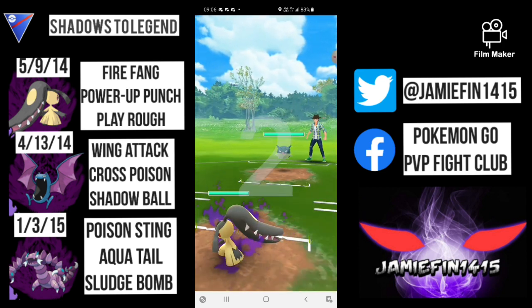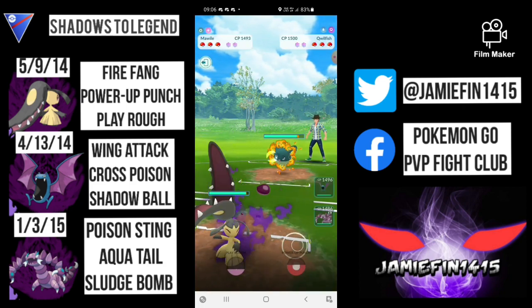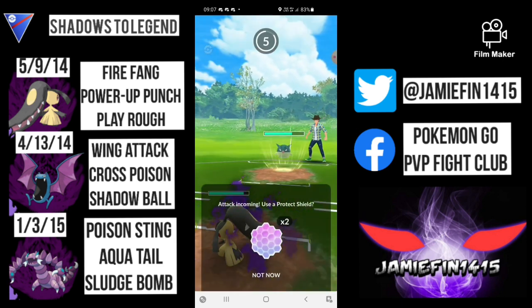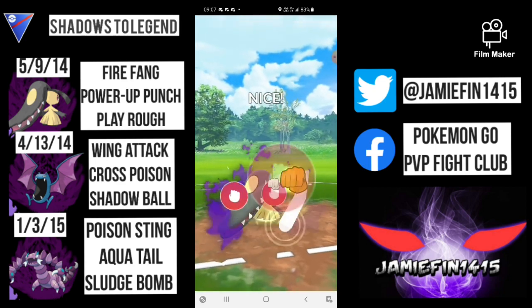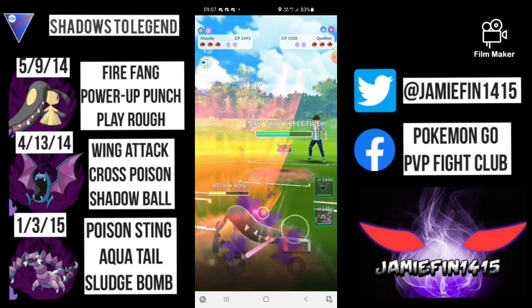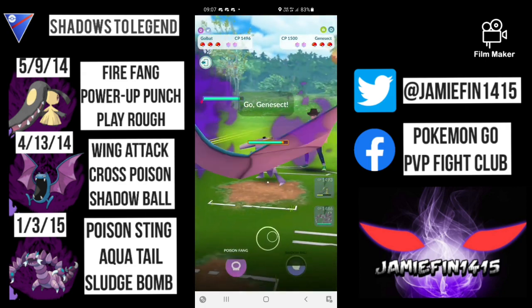Moving on into the next game in the video. We pick up another lead against something that is quite problematic for our team. Qwilfish is really spammy. These Aqua Tails are going to hit fairly hard against all 3 of our Pokemon. You can see it does over half our health. I go for this Power Up Punch just to try and vamp up my Fire Fangs. I really don't have a great answer for this Qwilfish, but I eventually decide I'm going to switch out into